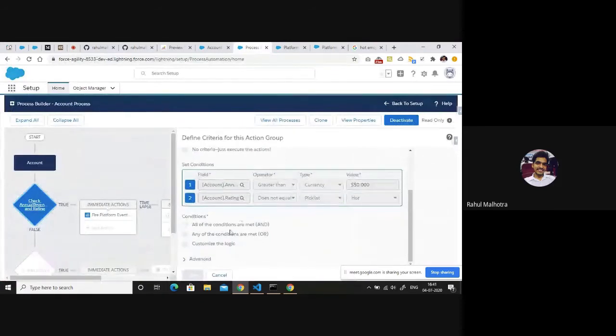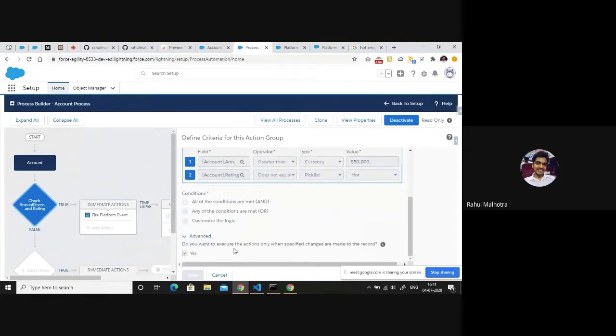And that's why I have checked this checkbox as well. Because let's say I again edit my account and I again save it. This platform event record will not be created again because I have only specified the warning message when I encountered this condition for the first time. So when for the next time I'm getting this condition again and again, my platform event toast will not fire again and again and multiple records won't be created. This will only execute for the first time because I have checked this checkbox. So I'll get a warning first time, and I know that this is intentional. I have specified the rating as warm because I want it to be. So this will not appear to me again and again.